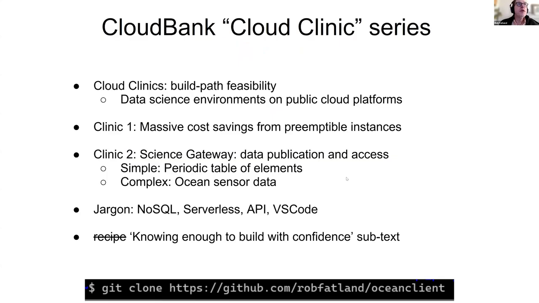a couple of slides. So the idea of the Cloud Clinic series is to demonstrate the feasibility of a particular build path for a particular objective. The broad topic that we're working from is building data science environments on the public cloud. And the first clinic, which we had about a month ago, maybe a little bit more, is to emphasize the cost savings that you can realize, often like